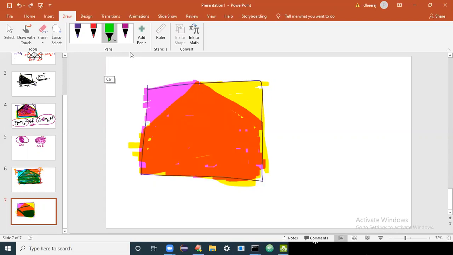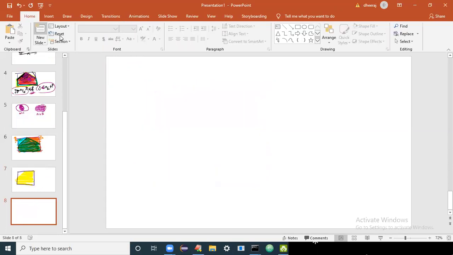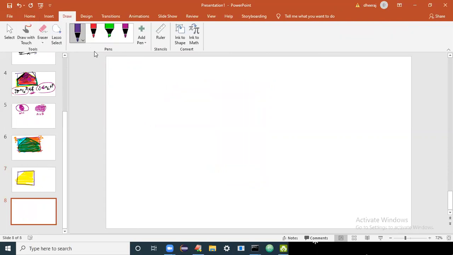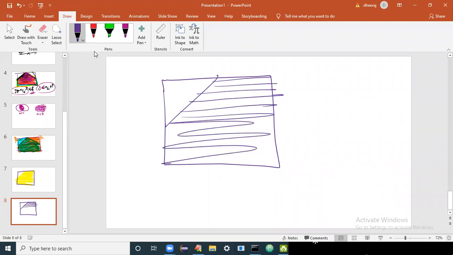So I think the thing is, if I draw it in this color, it might not be visible. So let me tell you like this. I think you have already understood. So if I have a square like this, then I'll tell from this line draw right side. If I tell draw right side, this is the area which it will shade. Then I'll tell there is one more line equation, and from that line equation draw left side. So if I tell left side, this is the area which it will shade.